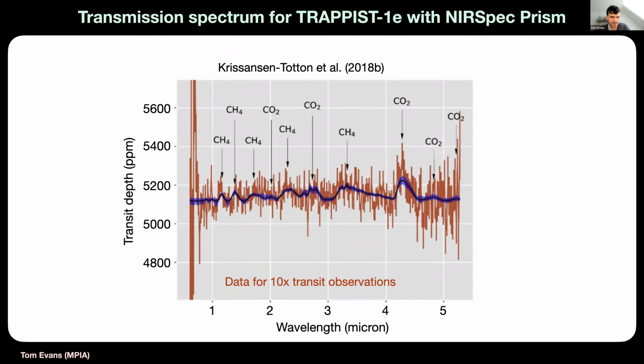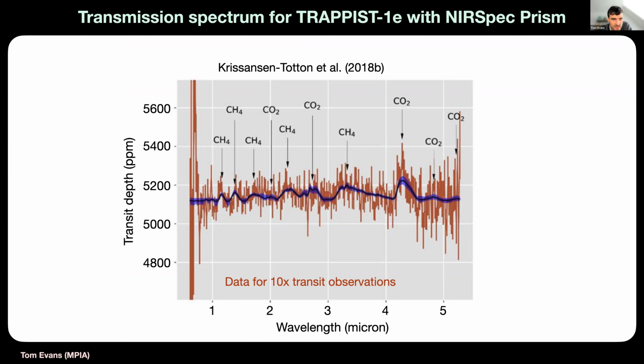And the Christensen-Totten et al. study actually investigated this possibility in a follow-up to their original paper, where they proposed this carbon dioxide methane Archean biosignature pair. And so for their target, they also selected TRAPPIST-1e. And here the black line shows a model transmission spectrum, assuming an Archean-like composition, the same as, or very similar to at least the one that I showed on the previous slide. And the red bars show a synthetic data set comprised of 10 transits co-added together to beat down the noise.